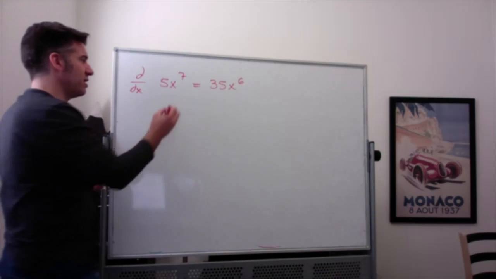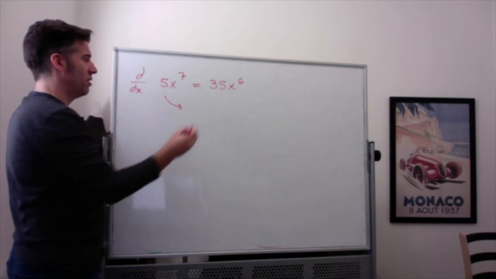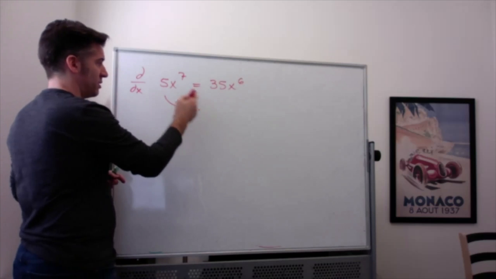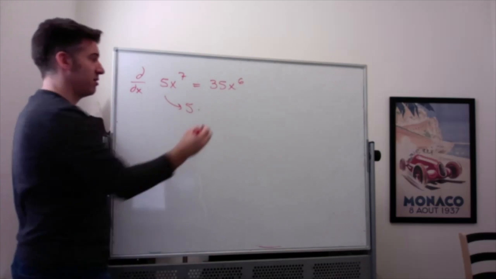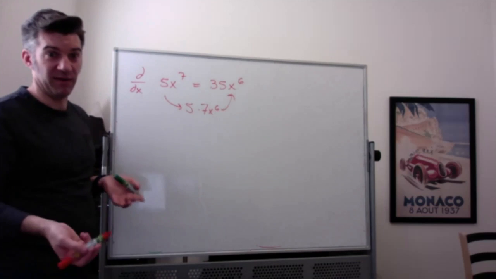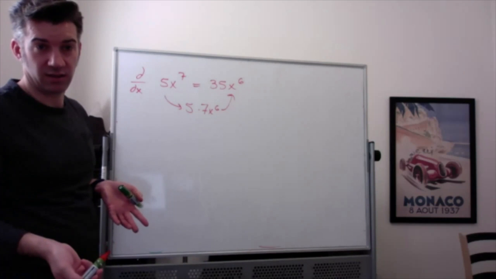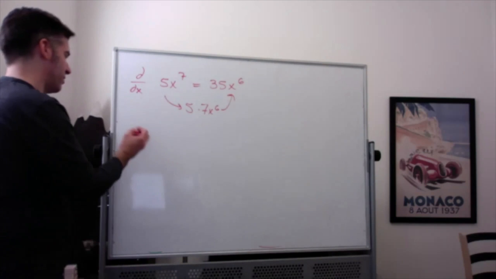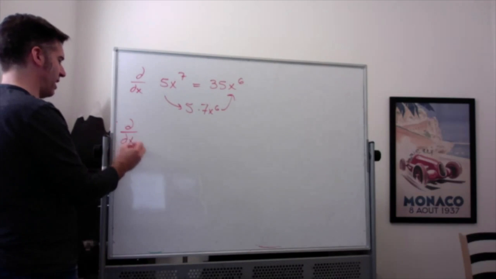Because what we really did here was we said, oh, that's 5 times the derivative of x to the 7th, which is 7x to the 6th. And then we multiplied the 5 by the 7 and got 35x to the 6th. And we do that all the time, right? People could ask, hey, what's the derivative of, I don't know,